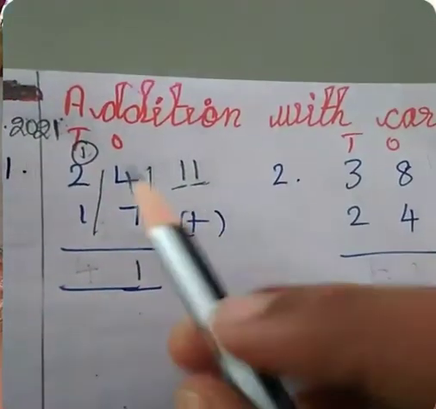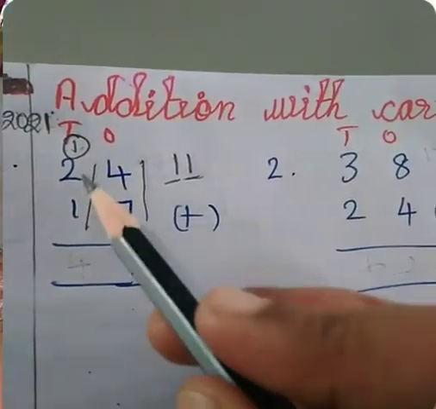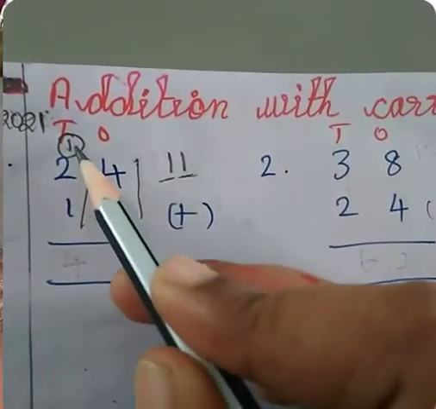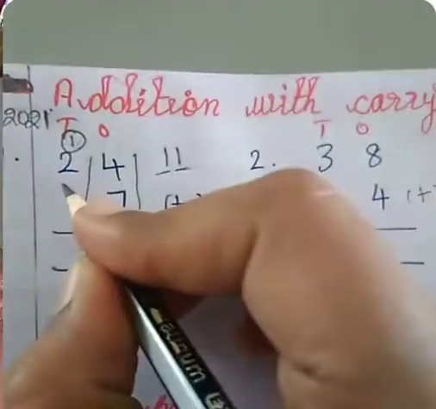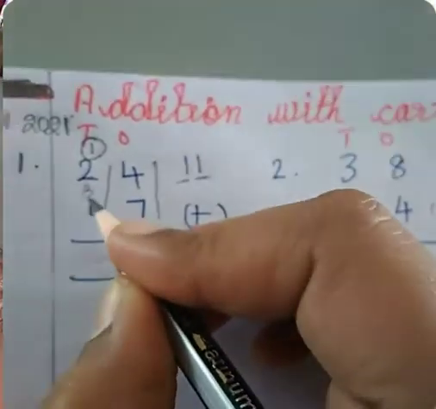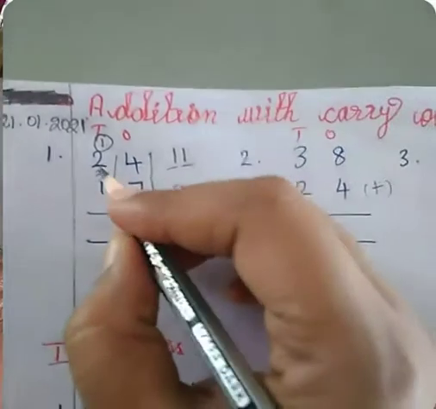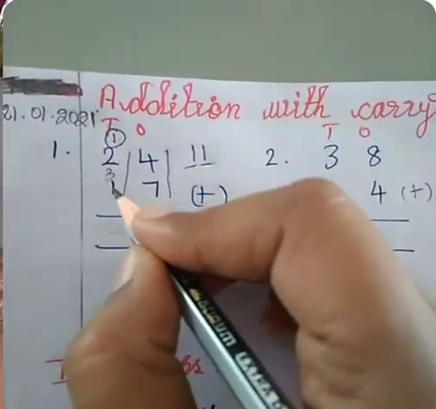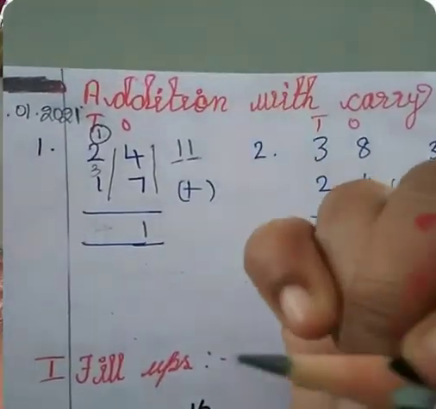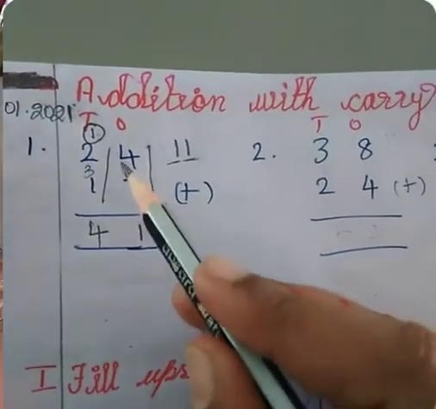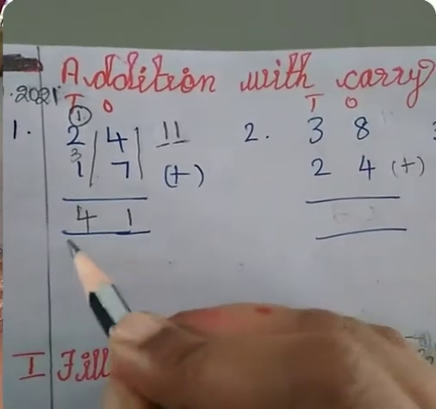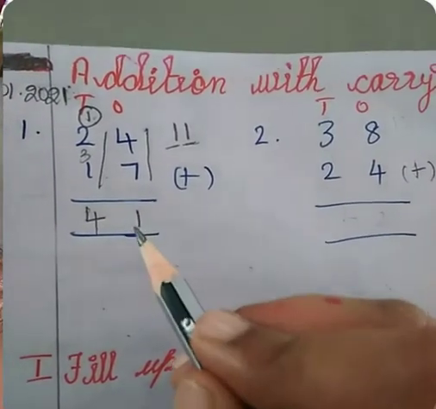Then add these three numbers together. First add these two numbers, 1 in the mind, 2 in the finger, 1 after 2, 3. Put 3 in the middle of the given two numbers. Then add these two numbers, 3 in the mind, 1 in the finger, 3 after 4. What is the answer? 4. Adding these numbers, we get a total of 41. The 41 is the answer for this sum.